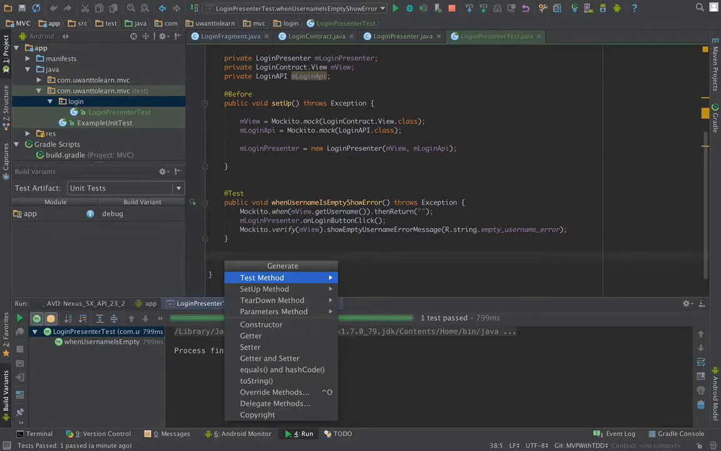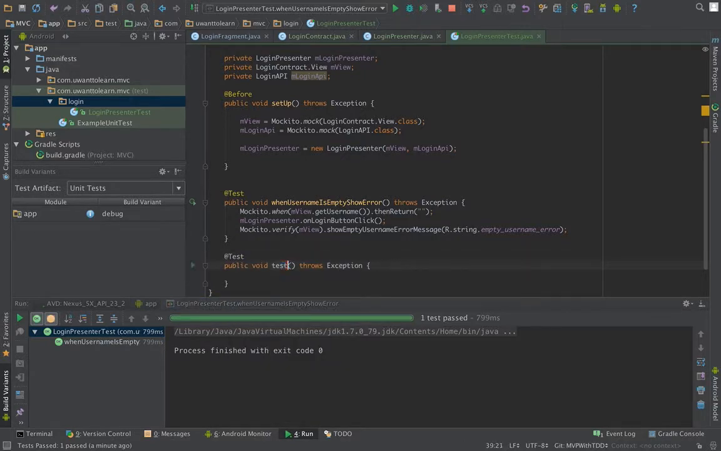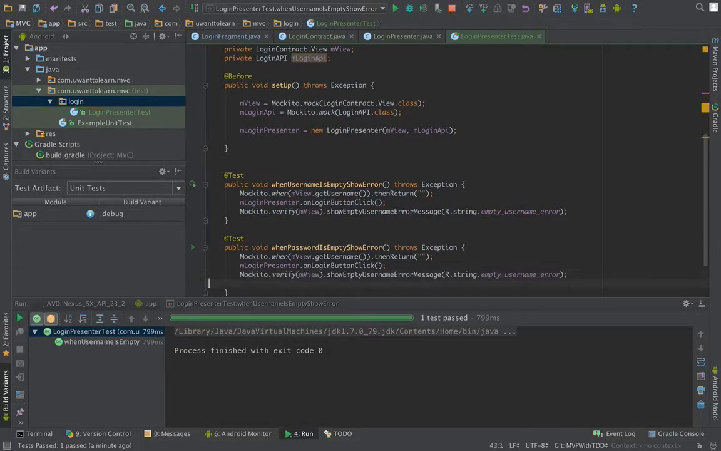So I will create a new test method when password is empty, show error message, show error. It's my method, I need to copy only. It's not a good practice to copy your code, but I'm doing okay. And I need from user a password,